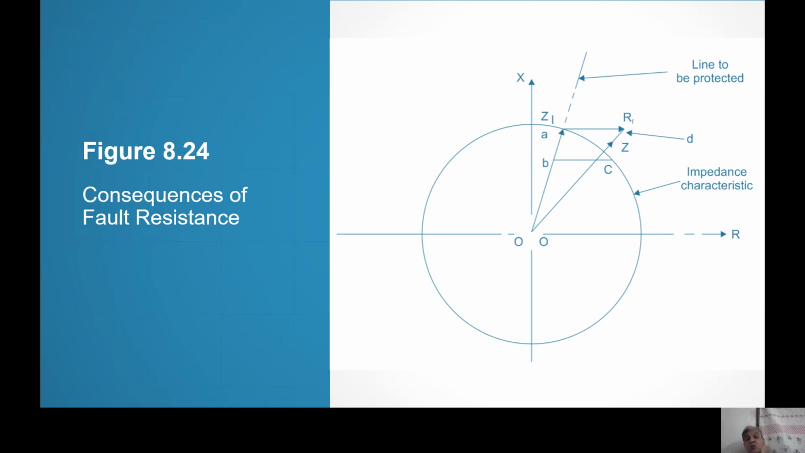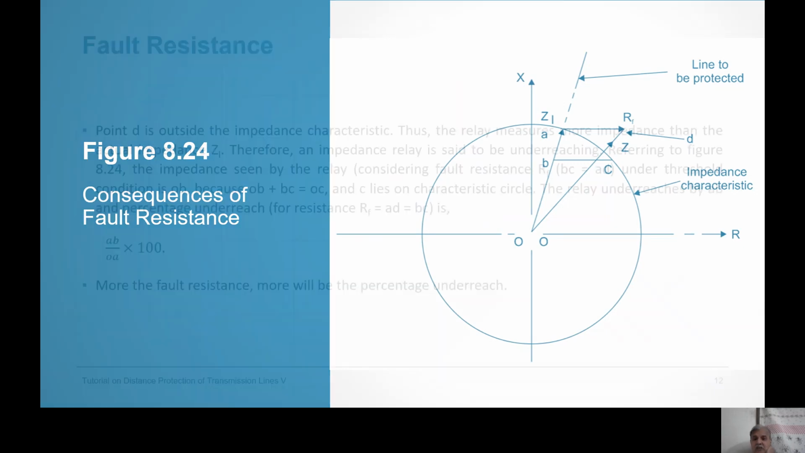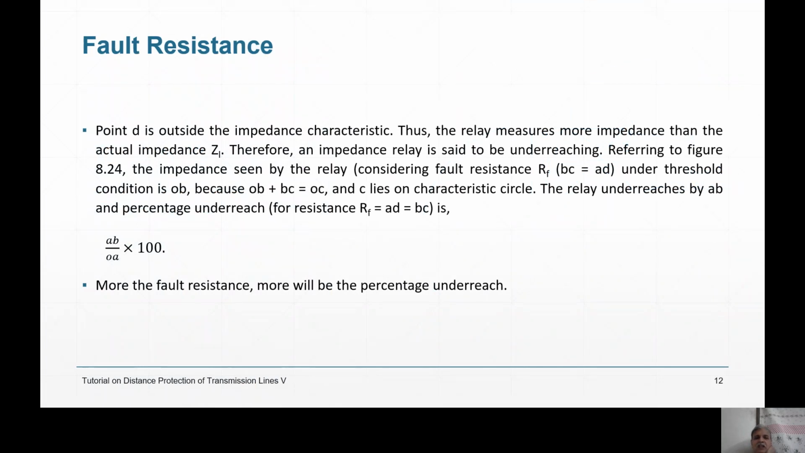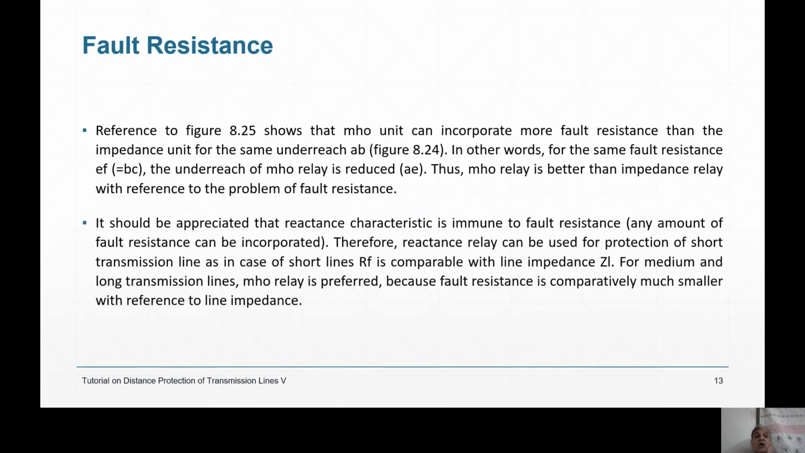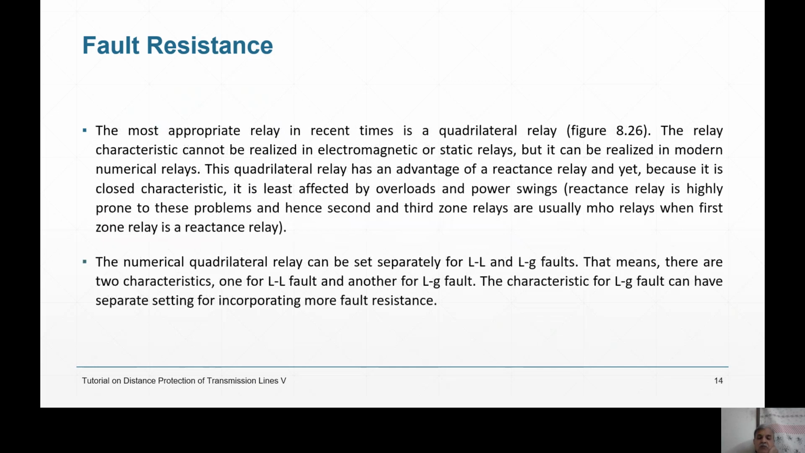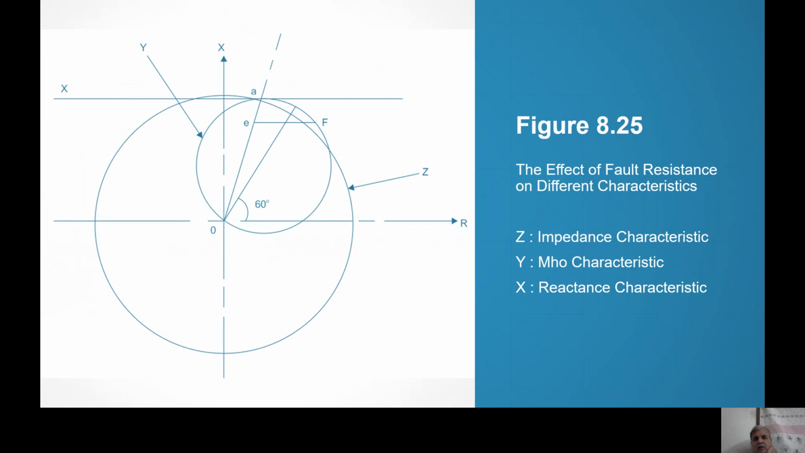So the impedance relay, with reference to direction, we have seen it is useless. With reference to the problem of fault resistance, the impedance relay is also useless. Right? This I've talked about. So what should you do then? We go to figure 8.25. If you compare different types of characteristics: standard characteristic, reactance, impedance, mho, and ohm,